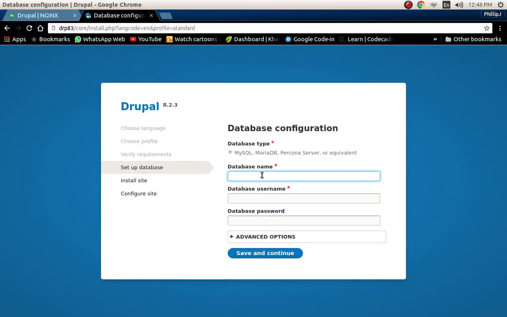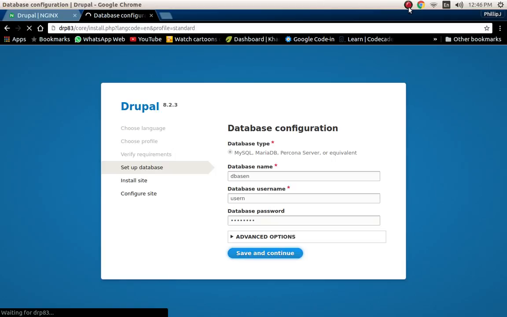Now you're going to need to put in your database name, which ours is dbase n, and our username is user, and our password is of course password. So now press save and continue. For your password, you should create a far stronger password, because I'm just using password for this video. So now the installation might take a while to start and end, so I'll just pause the video